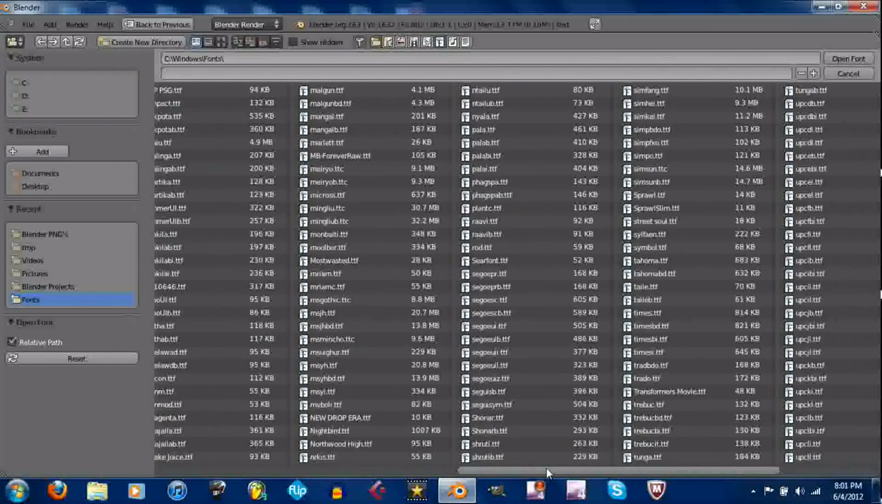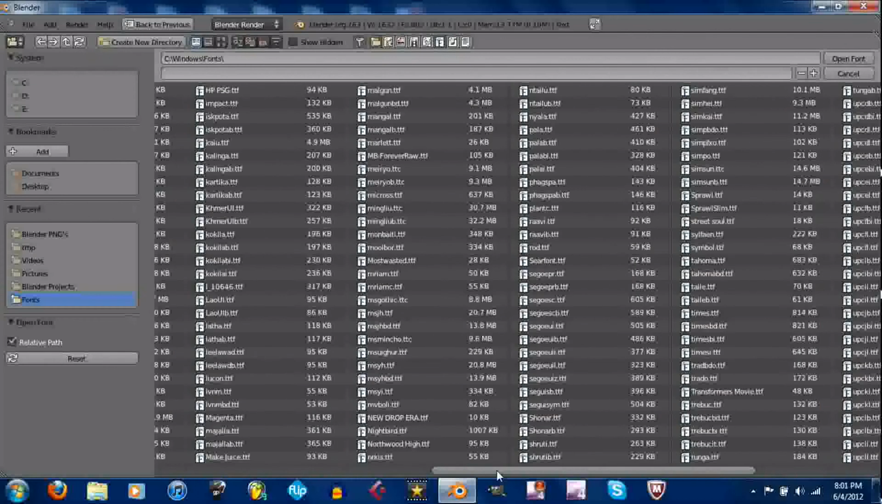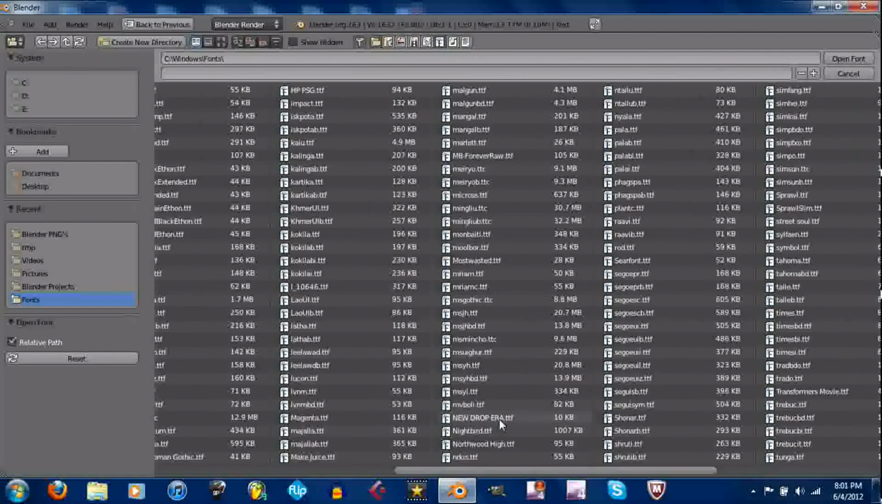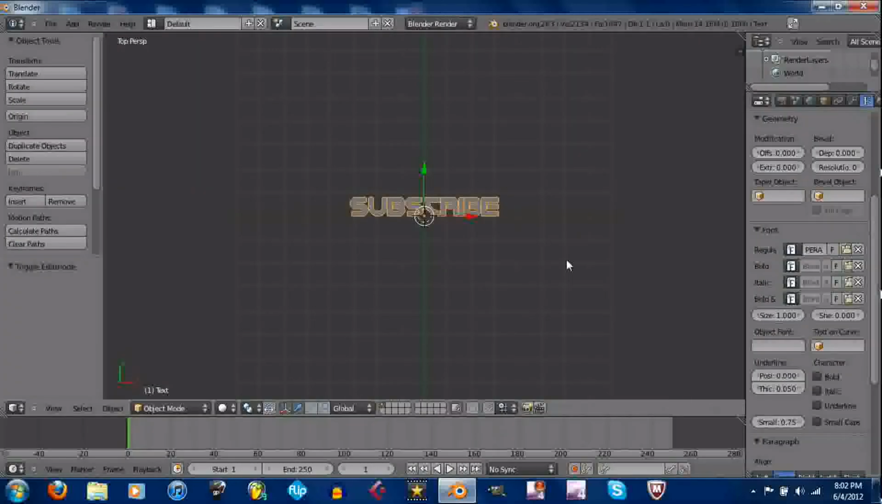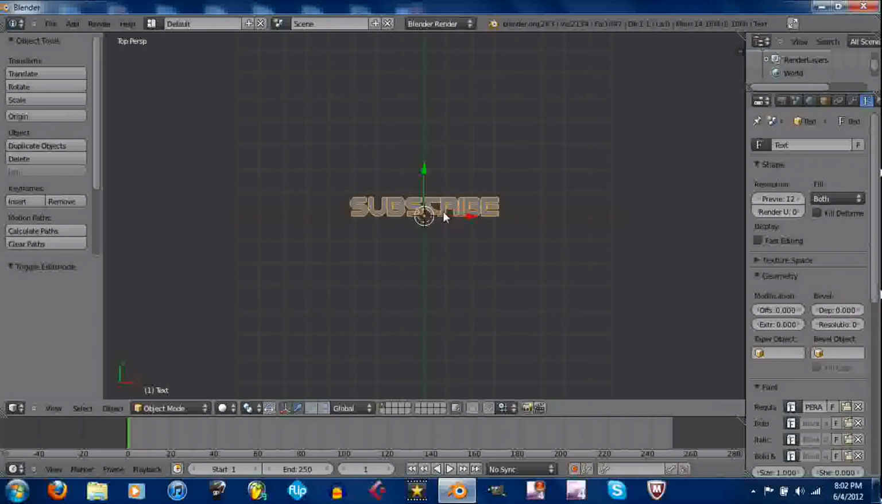But if you go to DaFonts, that's dafont.com, I'll put a link in the description. You can get a lot of free fonts and cool looking fonts. But I like this one, New Drop Era. And there you go. So from here, if you were to just look at it, it's 2D